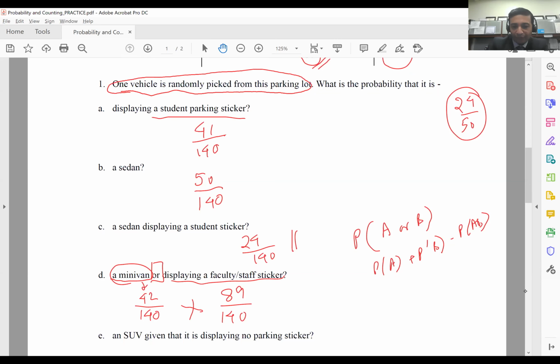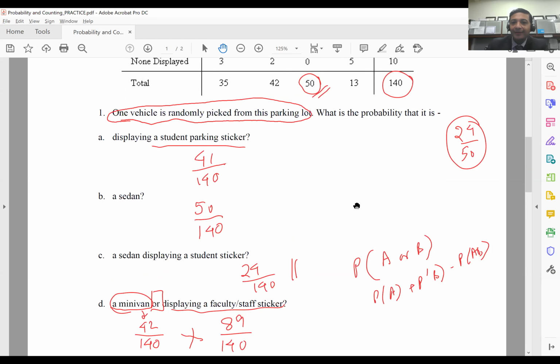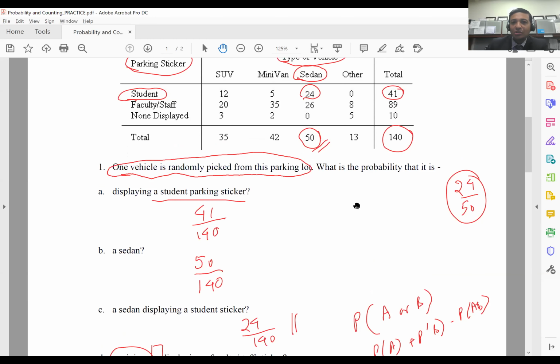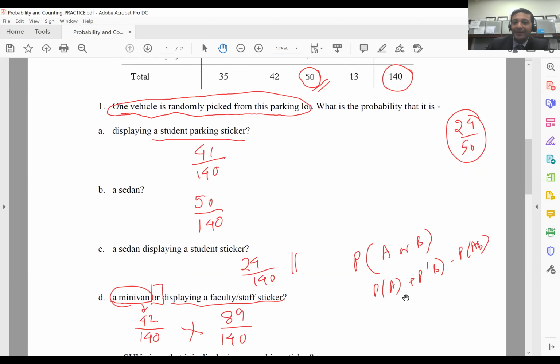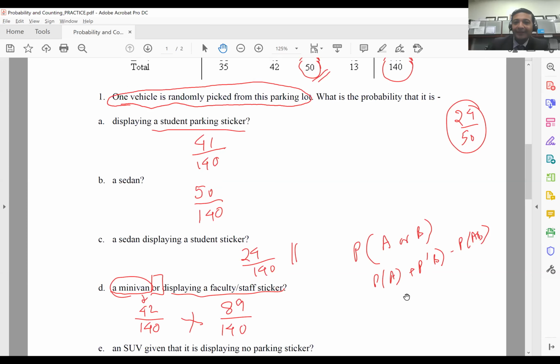That's the probability of event A plus the probability of event B. But then, is there a situation where there is a common ground of a minivan and a faculty staff sticker? That's 35, right? So that has been considered twice in the consideration of an OR, which is why it has to be subtracted. So that then becomes